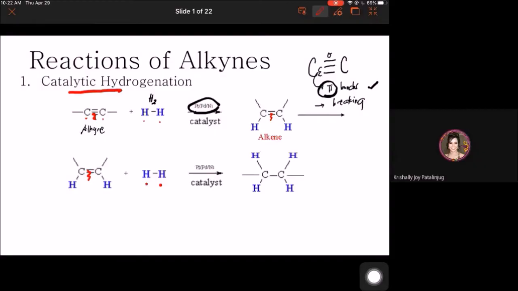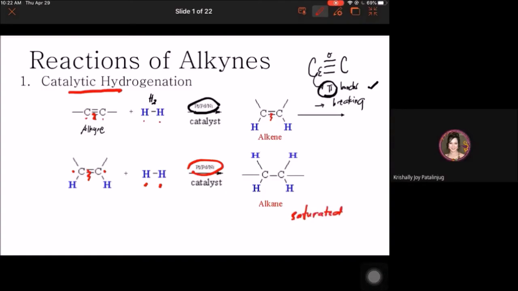Again, from alkene, a pi bond will break and it will be stabilized via addition of the hydrogen electrophile, producing the final product, alkane. Again, if strong metal catalysts are utilized in the reaction, then the final product would be alkane, a saturated